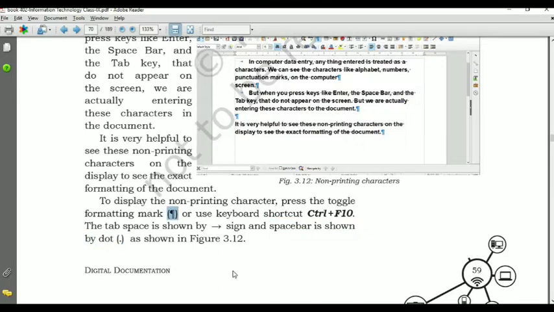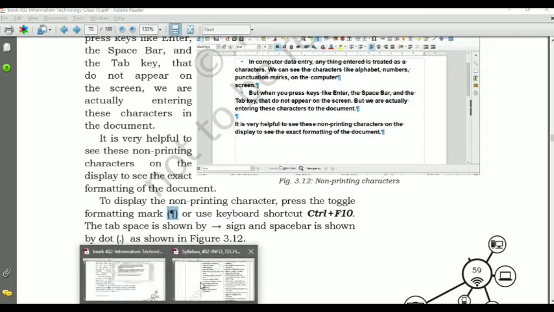Is it clear? So we have only 3 options. One is the space bar, second is the tab key, third is the enter key. The tab key is represented by a right arrow sign. The space bar is represented by a dot, and the enter key is represented by this symbol. Is it clear? Our next topic is